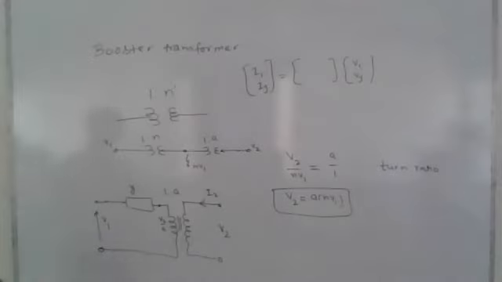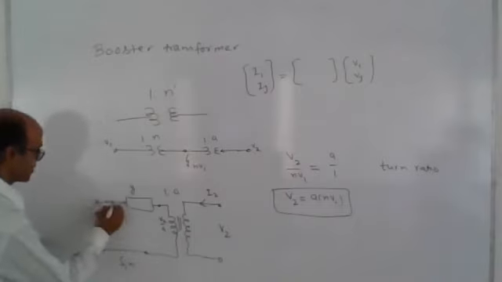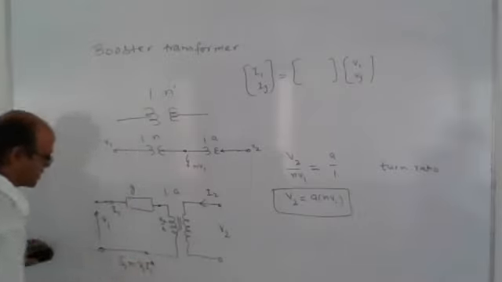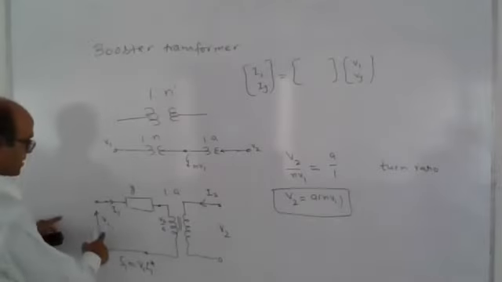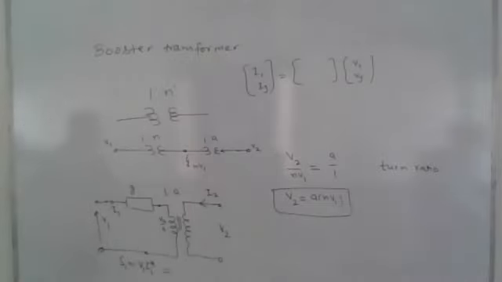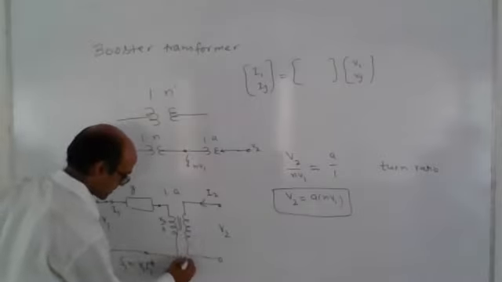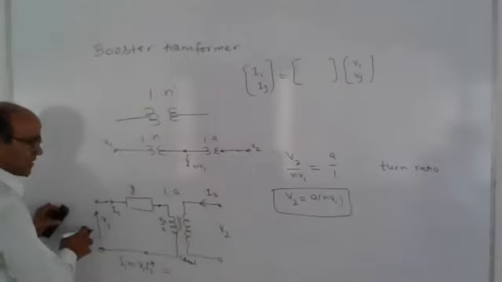So what is the primary power? Power at this terminal S1 equal to V1 into I1 conjugate. This is the complex power injected at its terminal. So what is the V1 voltage? You take V1 at the input side. Now this is an ideal transformer, so the primary power and secondary power are the same. And terminal power is different.